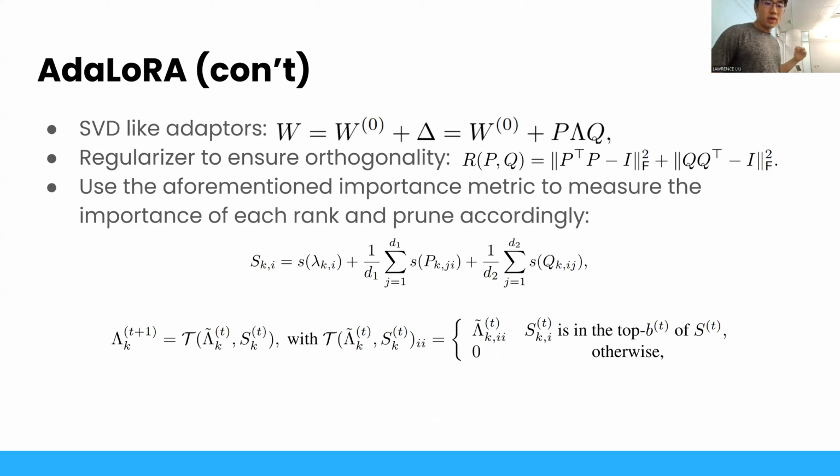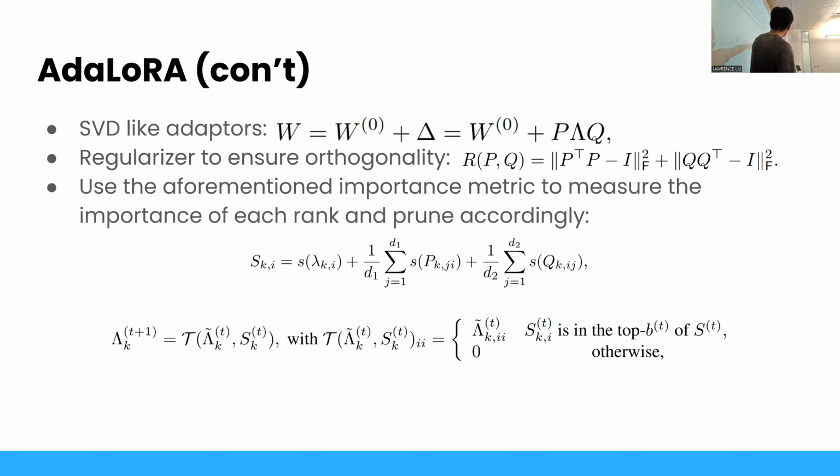So the first thing that they do is, instead of using a standard low rank A and B, they actually do an SVD-like decomposition, where you have P, a diagonal matrix delta, and Q, and you use a regularizer to ensure that P and Q are orthogonal, which is a property of SVD. And then they use the aforementioned importance matrix to measure the importance of each rank, by taking basically